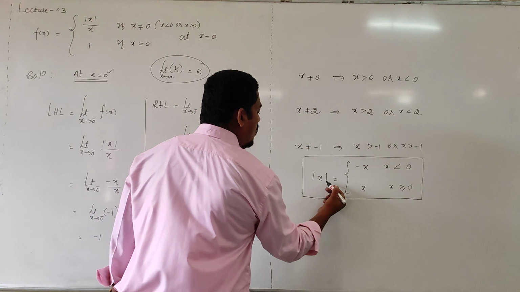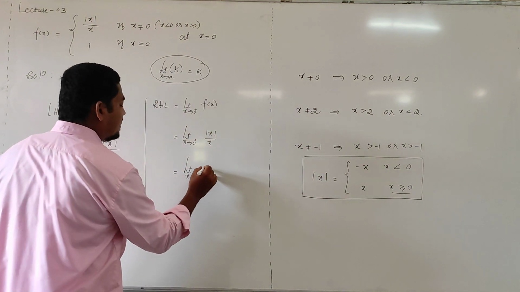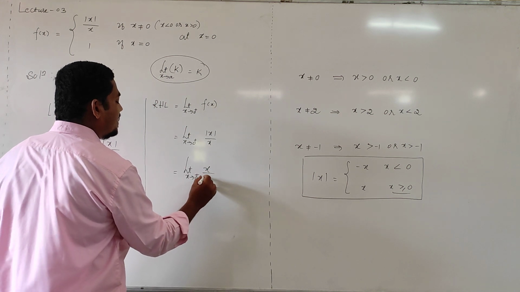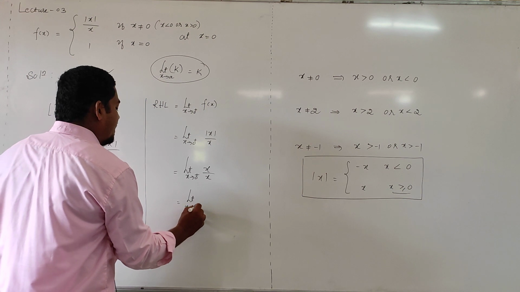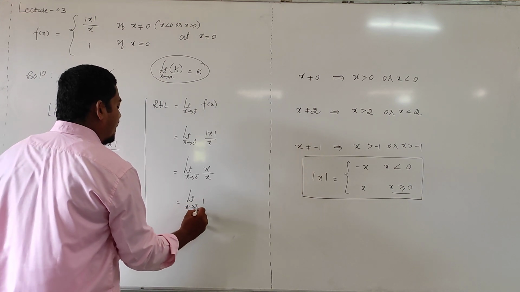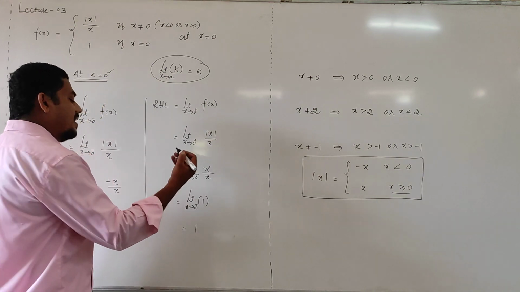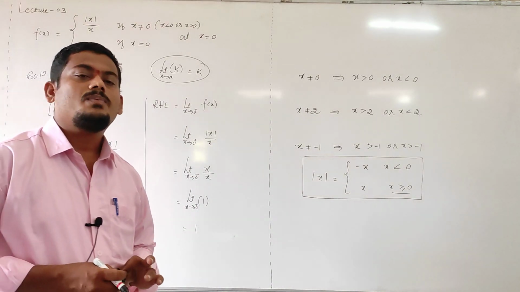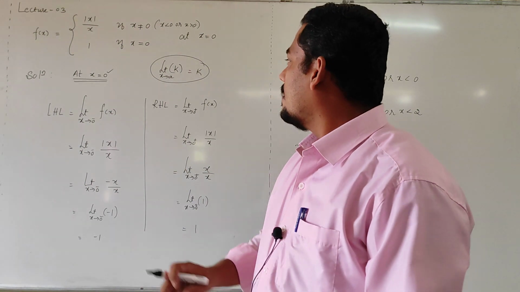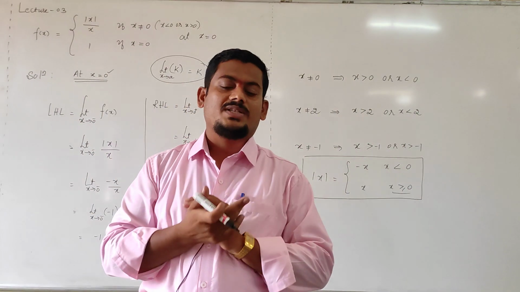Once x value is more than or equal to 0, mod x output is plus x. So the numerator becomes x, the denominator is already x, they cancel. Limit extending to 0 plus is 1, because x cancels, and the limit of a constant is that constant. Now write the functional value, that is f of 0, which they have already given. When x is exactly 0, the function is 1, meaning f of 0 is 1.